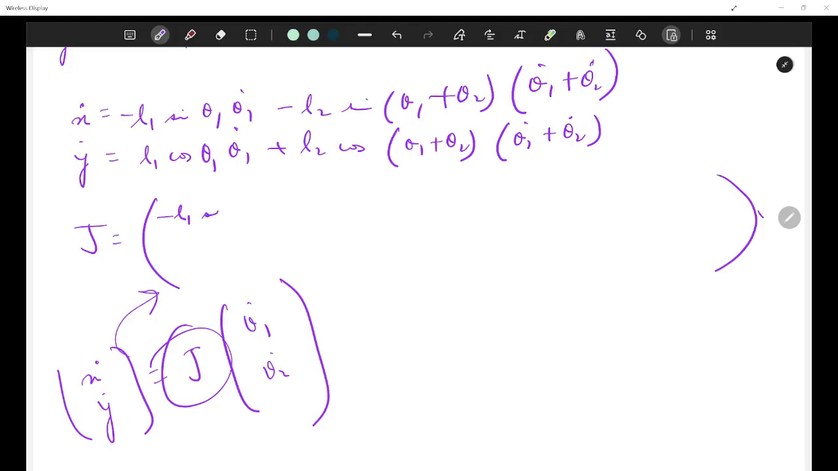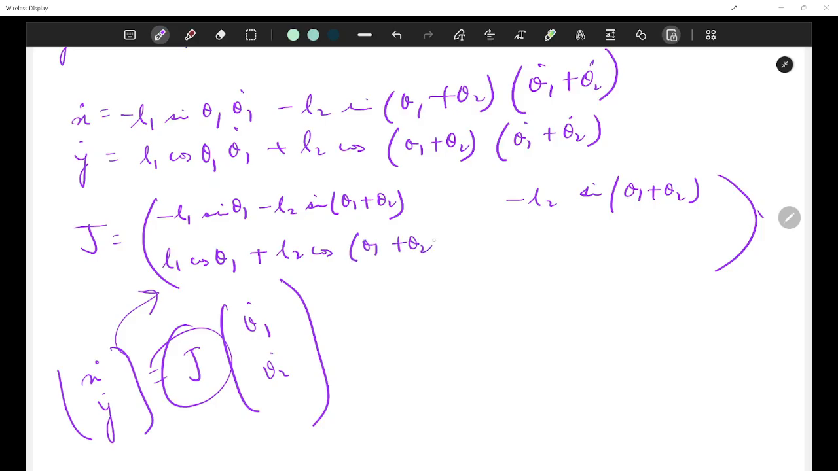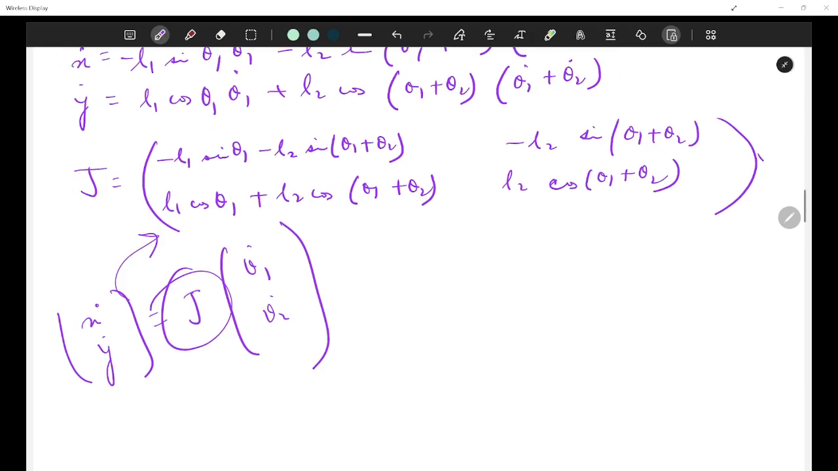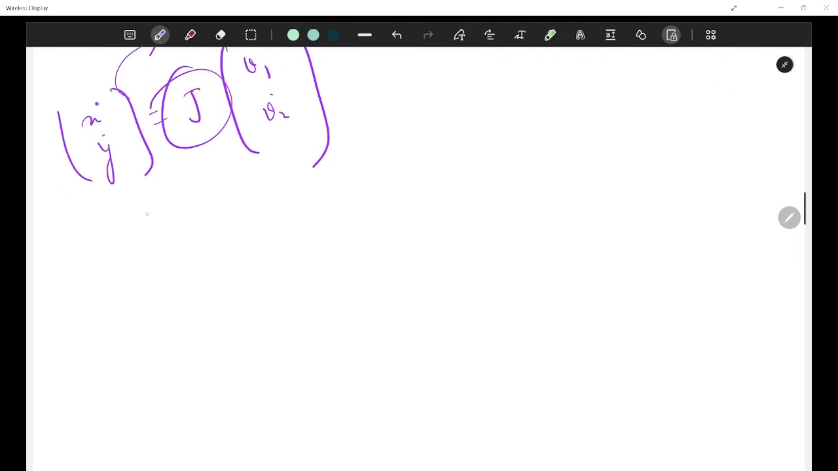Minus L1 sine theta 1 minus L2 sine theta 1 plus theta 2. Here it would be minus L2 sine theta 1 plus theta 2. Here it would be L1 cos theta 1 plus L2 cos theta 1 plus theta 2. And here it would be L2 cos theta 1 plus theta 2. So once we have this Jacobian matrix, from here the determinant of J would be, if you find the